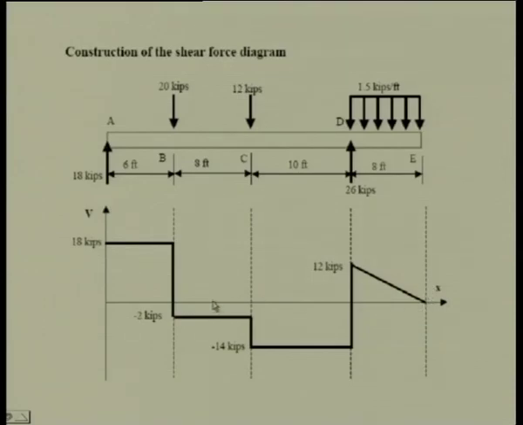So, as you can see here, the net force, the net load, this whole sum, that is 20 plus 12 plus 1.5 into this distance, should be equal to the net force acting in the upward direction. I am talking about a ship, or in this case also it is true, in case of a ship also what I am saying is